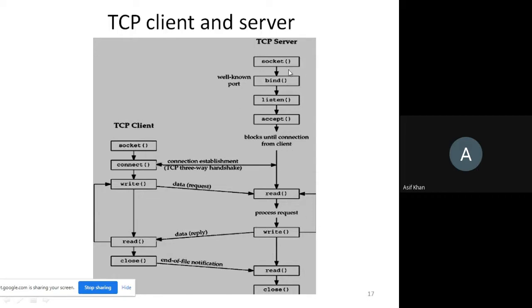So you remember what functions are used for which purpose and in which order they are used. Okay. You just remember that at the server side, these functions are used, and at the client side, these functions are used. And at the client side, we only use socket. After that, we use the connect function. But at the server side, we are using these functions, right? Now the question should be asked from your side: why are we not using all these functions here on the client side also?